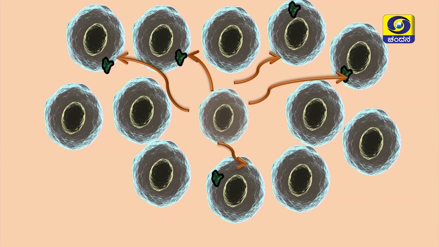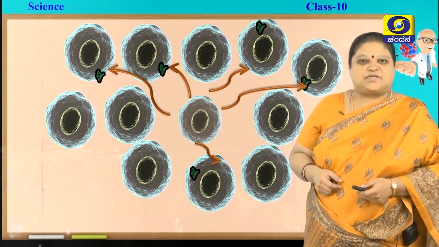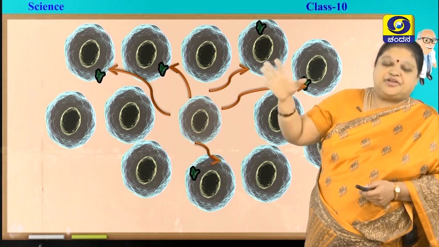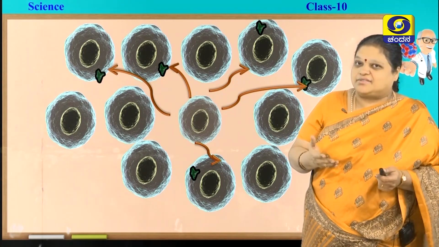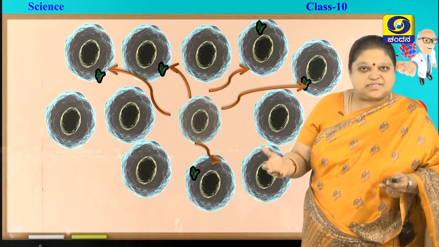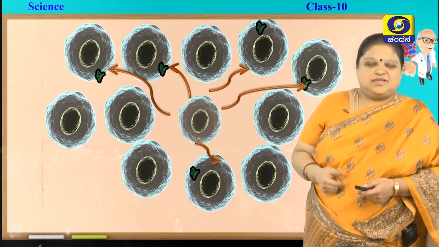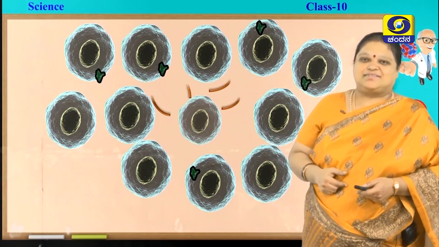So, which one will not receive? Those which are not having those proteins will not receive. And here there is one more speciality, these chemical impulses are sent continuously non-stop. It can send that, whereas in animals they cannot send the impulse continuously, they have to reset themselves. Here it is not the case. So, you understood how chemical impulses are sent in plants.